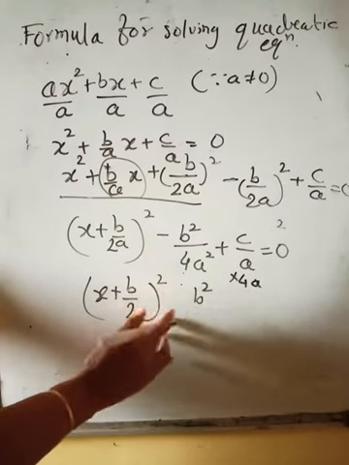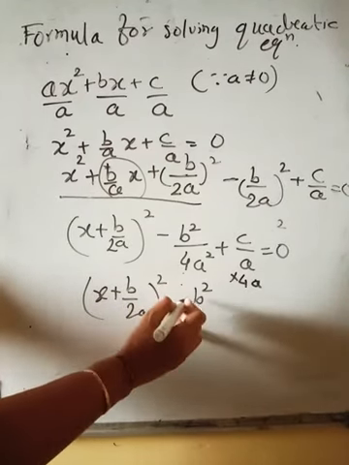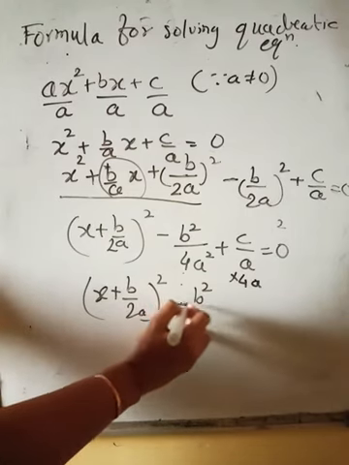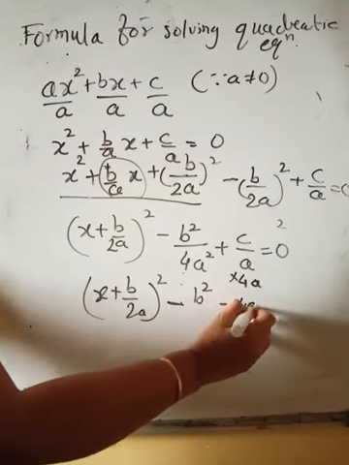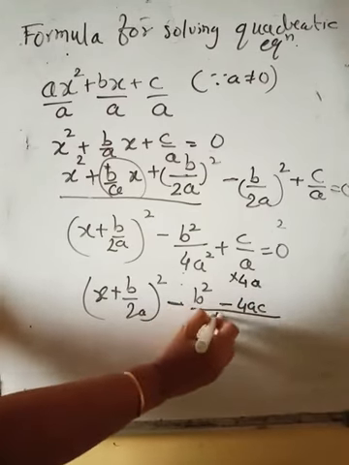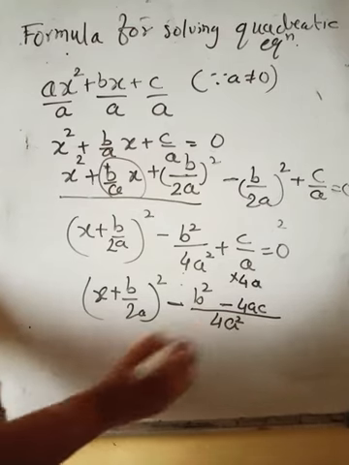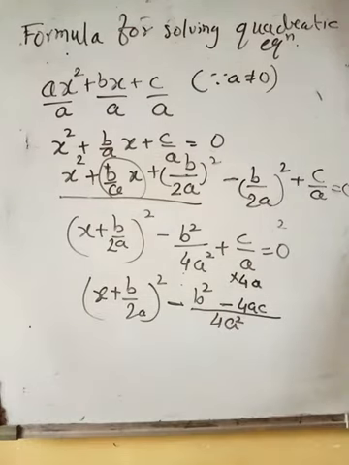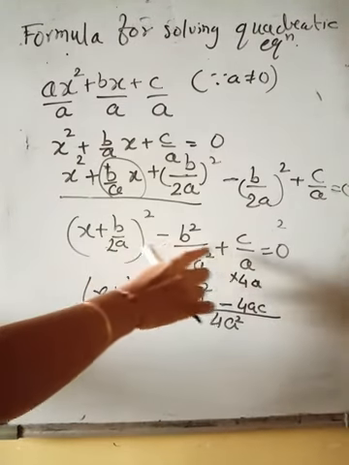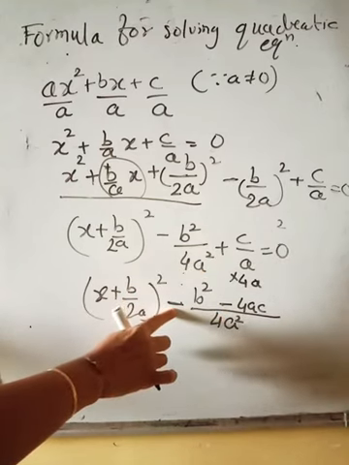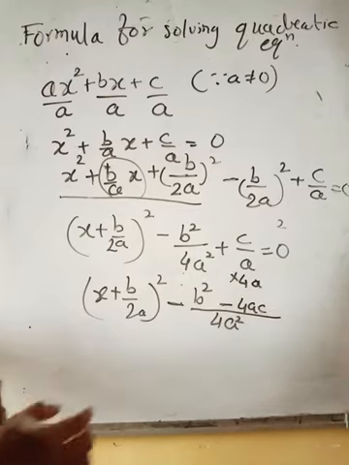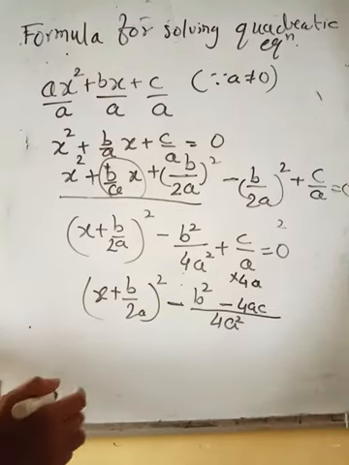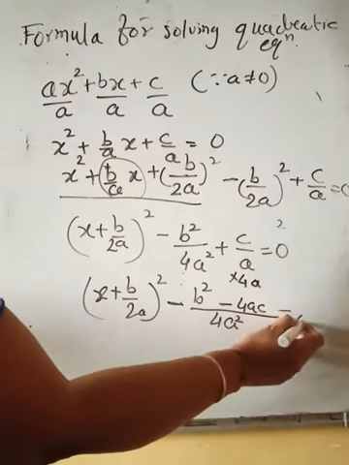I will take minus only common, वहाँ पे minus कर दूंगी फिर ये common हो जाएगा. हाँ, so b square अभी यहाँ पे minus कर दूँ तो फिर क्या होगा, minus minus plus हो जाएगा. b square minus 4ac the whole upon 4a square. Is it clear? I have taken the LCM and LCM came out to be 4a square. As here I am having minus and here I am having plus sign. तो center में मैंने minus लिखा है. So this will be plus and this will be minus. So minus into minus will become plus as it is given here. Alright. So this is equal to 0.